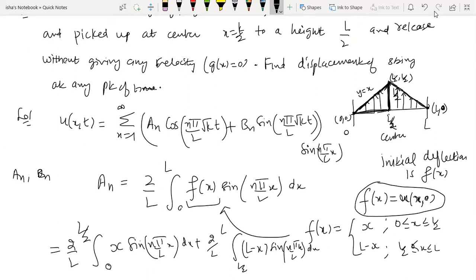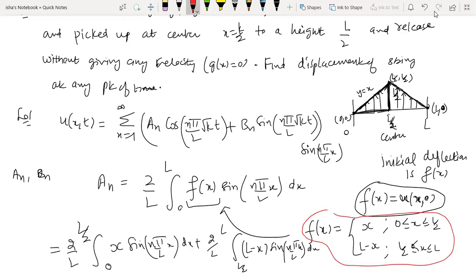It is a straight line, it is a sinusoidal curve, it is a sine wave, it's a cosine wave. So whatever, f(x) can be anything, it can be given to you. But here in this particular question, we are given the initial displacement, but we are not given its mathematical formula. So what we need to do is understand this geometrically and try to formulate this f(x), that how f(x) looks